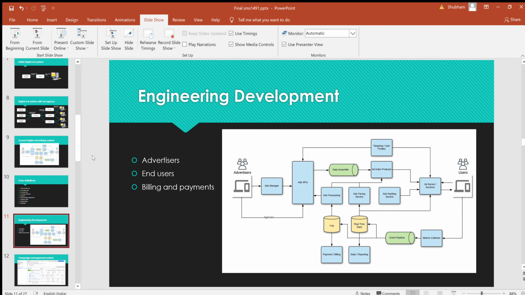Now let's look at the engineering development. Digital advertising systems are unlike older systems, which were centralized, had control over every part of the system, and were located in one place. Instead, the digital advertising system is decentralized, not controlled by a single entity, and is not placed at one location. Hence, it is difficult to examine the exact engineering development of this system. However, there are multiple subsystems that are partially or tightly coupled together, which can be said to be the whole digital advertising system. In the figure, some of these subsystems are represented.